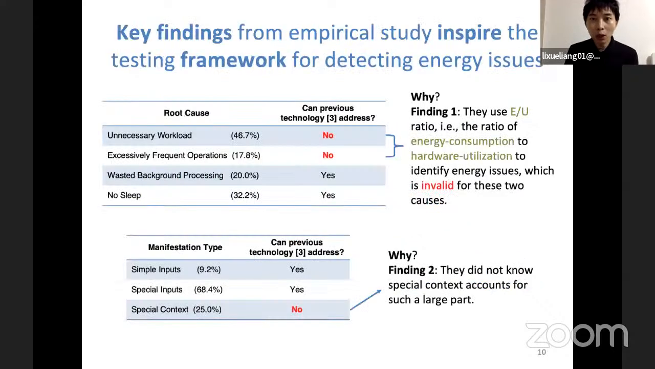So based on our empirical study, we have 2 key findings that will inspire the design of our testing framework for detecting energy issues. The first finding is about the root cause. We found that